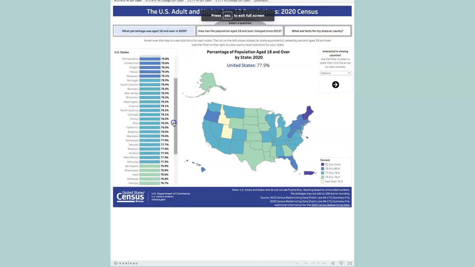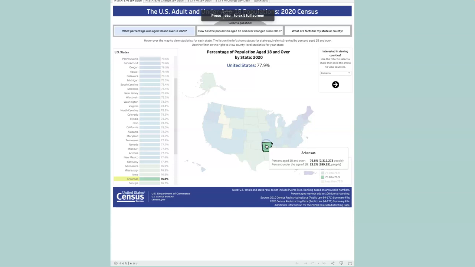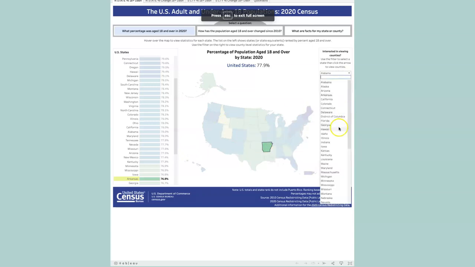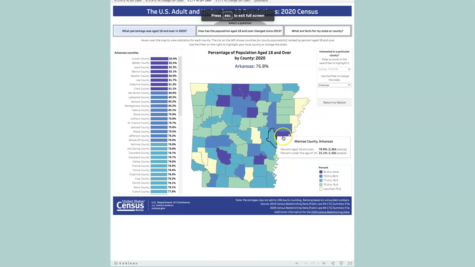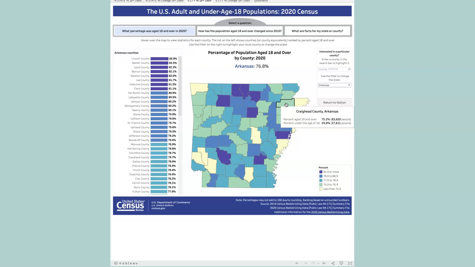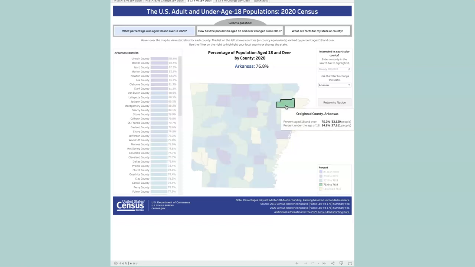So in this data, maybe we can go to Arkansas, right? We can go to Arkansas. Please show us the Arkansas state. And maybe we are living in West Jonesboro. Where are we? Craighead County. Yes, right. So maybe you live in a different part of Arkansas, or out of the Arkansas state. But inside of Craighead County,